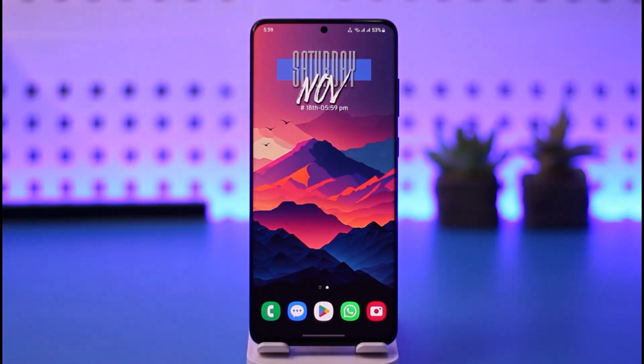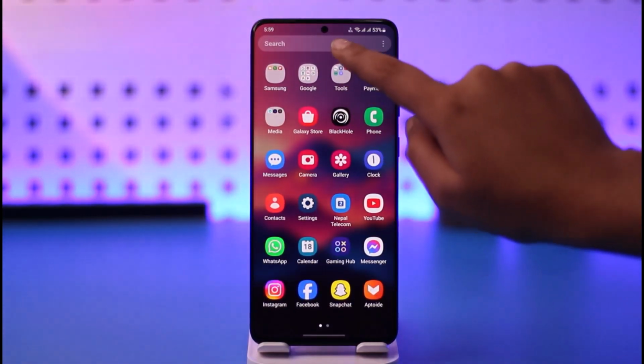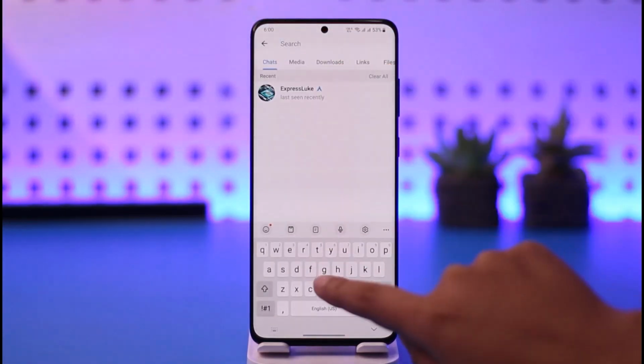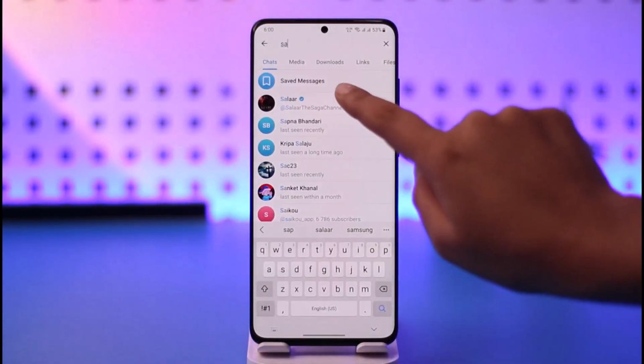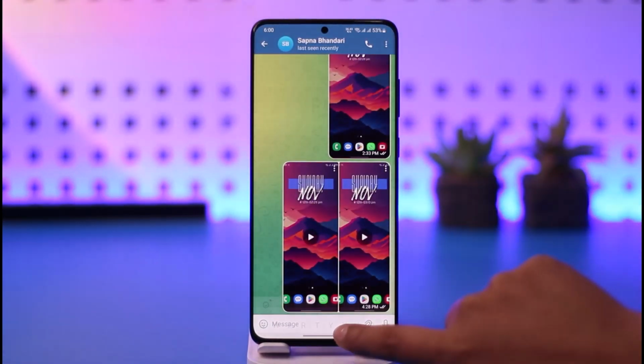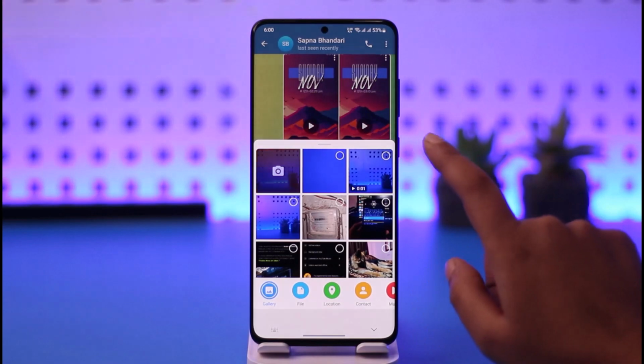For that matter, what you're gonna do is simply go ahead and first access the Telegram app on your mobile phone. Once you have done so, this kind of interface is going to pop up. First go ahead and search for a user whom you want to share your file with. So this is the user. Now go to this chat box, tap on this file icon, and choose yourself